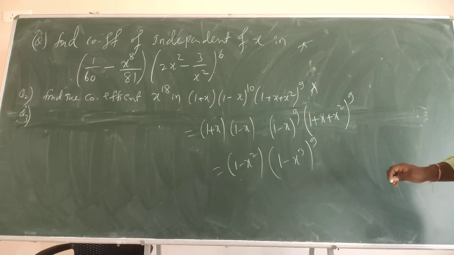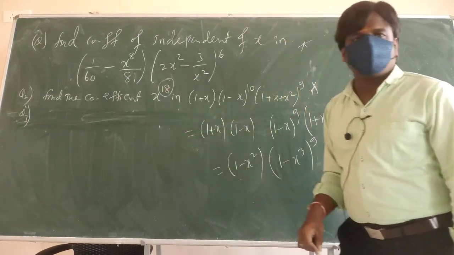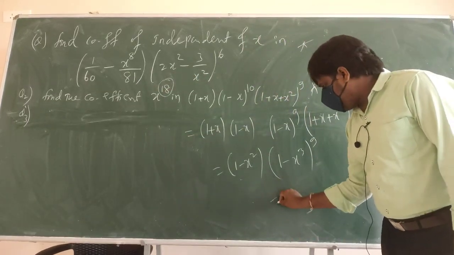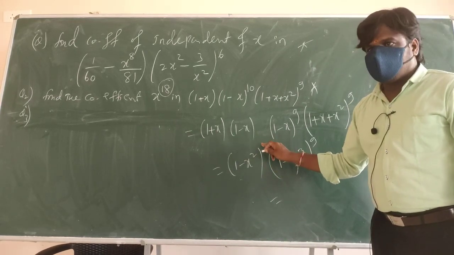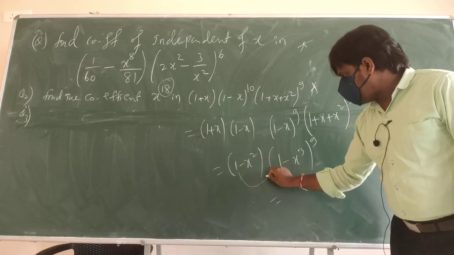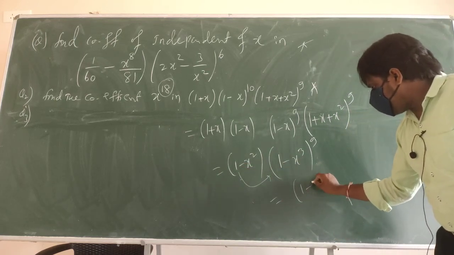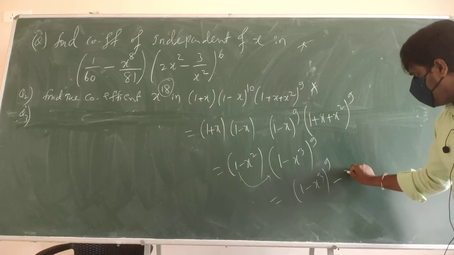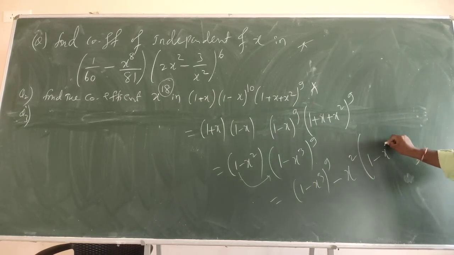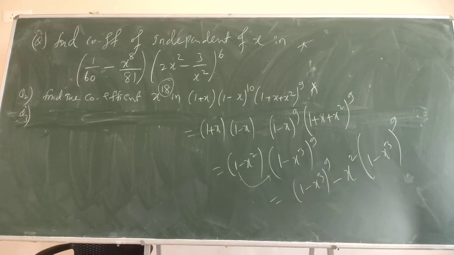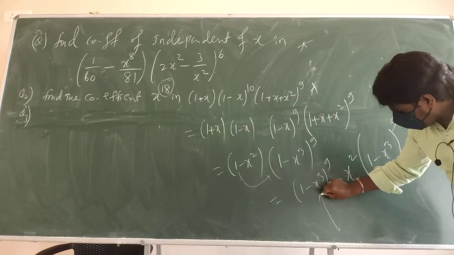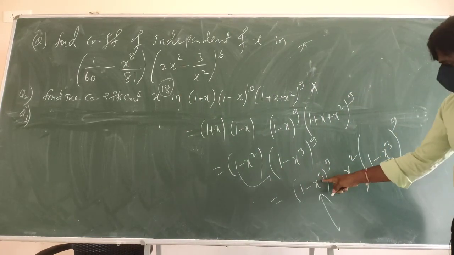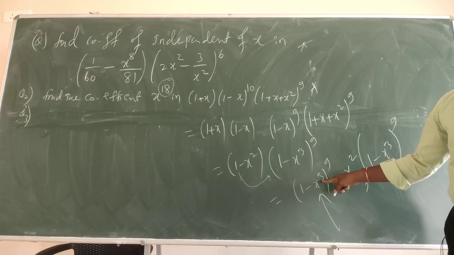Now in this you have to find the coefficient of x power 18. It means what I do here, I will multiply, because as I just explained, there is no power here. When power is not there, we will multiply this one. So what I get here is 1 minus x cube to the power of 9 minus x square into 1 minus x cube to the power of 9. Is it clear to all? Then I have to find x power 18 in this. Already 3 is there, so 6 I required.